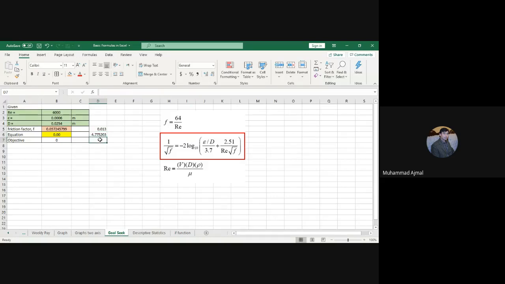तो यहां पे हमारा target function क्या है? 0। हमने इसको 0 लाना है, right? But in this specific case it has produced from a GIS value 0.013, the result is 4.775203. अब Excel को मैंने एक command के जरिए बताना है कि I am interested to bring this value to 0, तो उस 0 वैल्यू के लिए इस equation से आपकी F की वैल्यू क्या होगी, जो कि दोनों side पे available है।